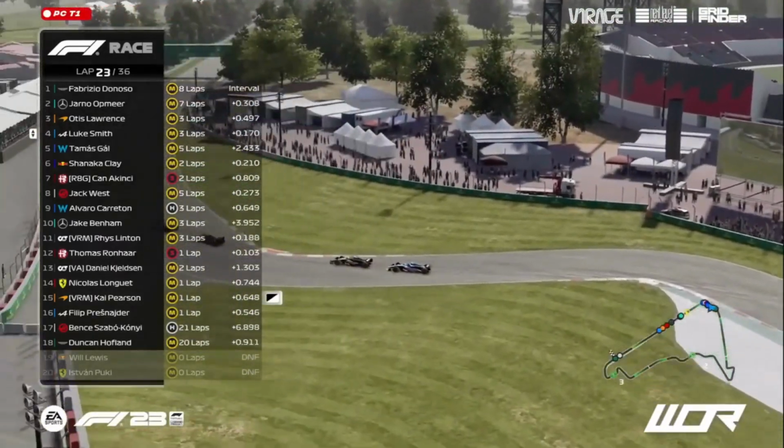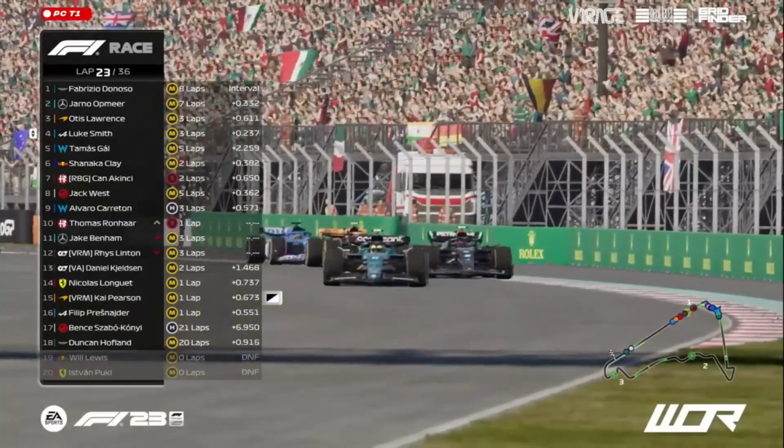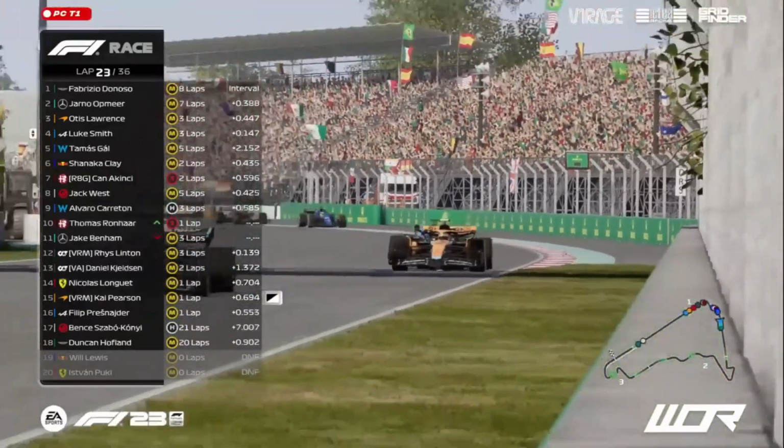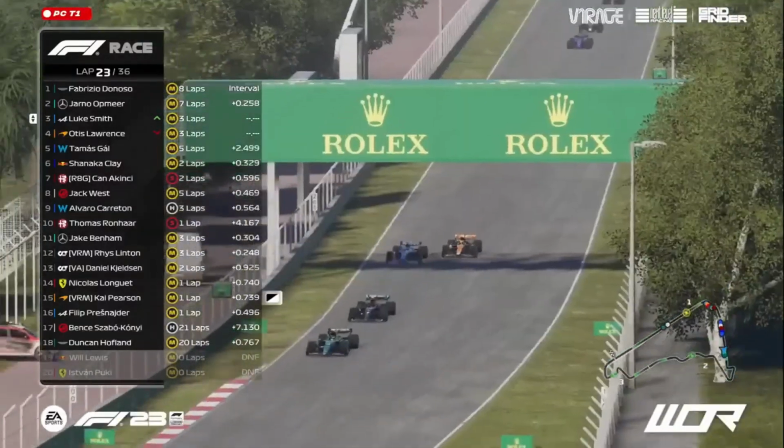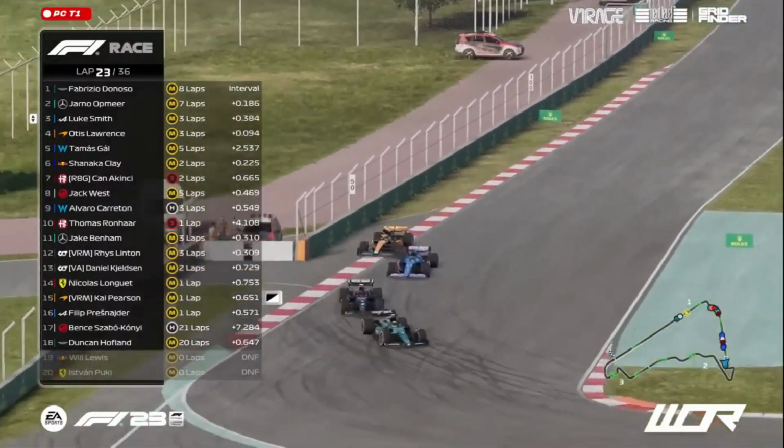Chan's doing a brilliant job, qualified in the top 10. They're looking for some decent points. This could be really good for the day for the RSG team. Absolutely, and it might be even better for Luke Smith, of course, one of the Alpine representatives, getting through on